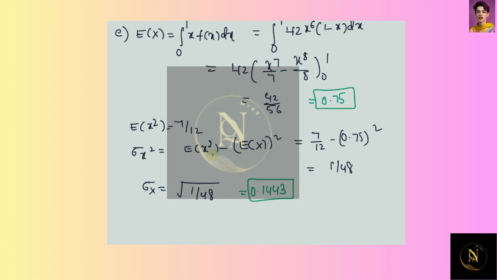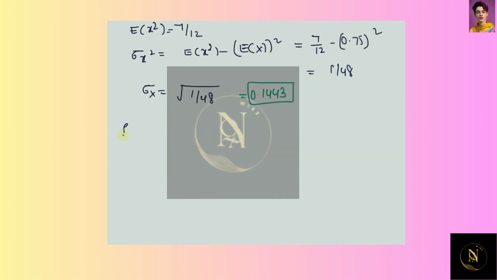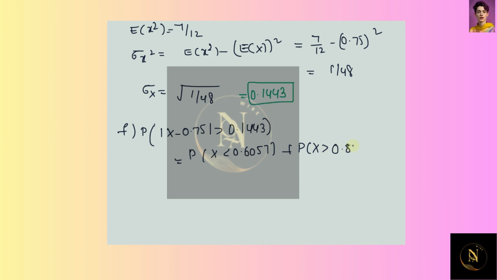Now in the F bit we have to find the probability that x is more than 1 standard deviation away from the mean. That means mod of x minus 0.75 greater than 0.1443, which can be written as the probability of x less than 0.6057 plus the probability of x greater than 0.8943. So that can be written as 1 plus F of 0.6057 minus F of 0.8943. By substituting, 1 plus